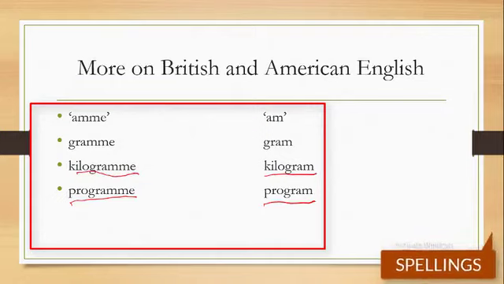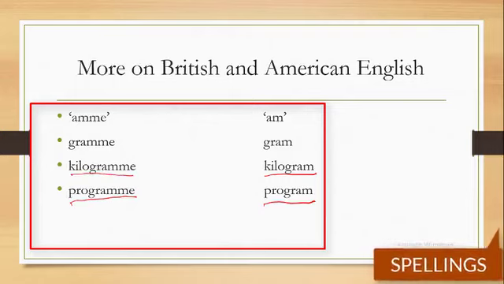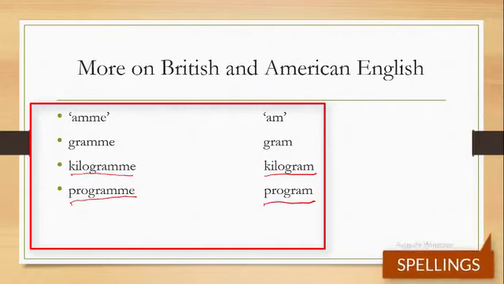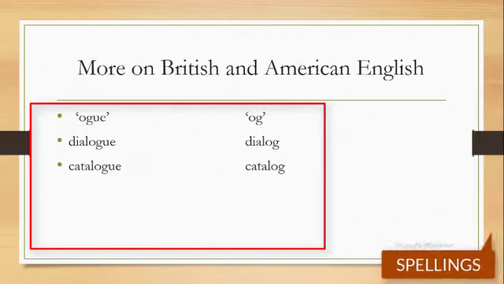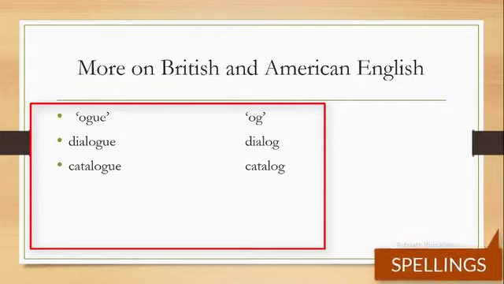British spell kilogram as KILOGRAMME, but in American English it's spelled KILOGRAM. Are we following? Okay, and we move to the next, and that is OGUE in British English, spelled OG